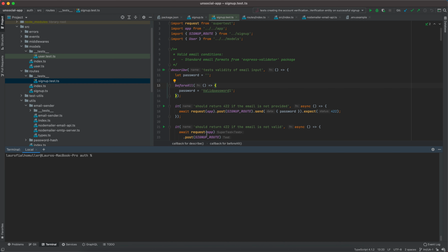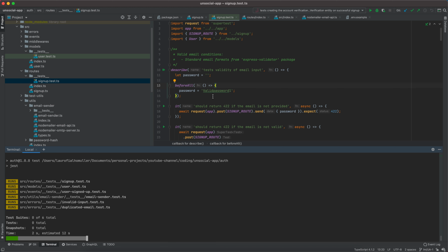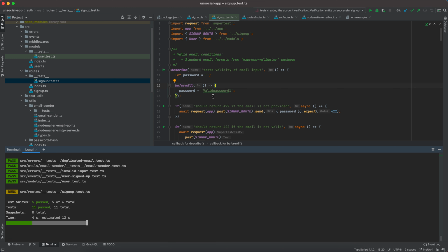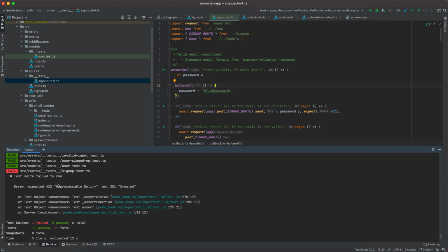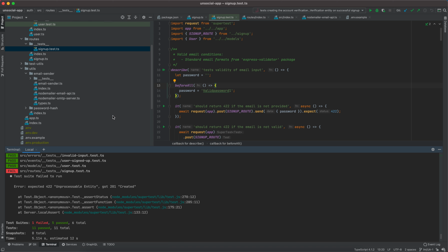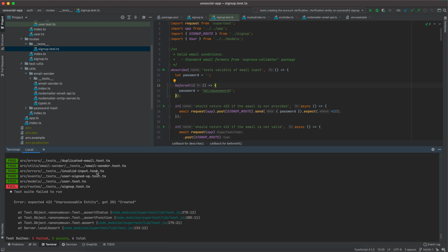So in the previous video, we have implemented sending emails via our local node mailer app, but we did not update our signup.test.ts. So now if I come back to my terminal and I run npm run test, that's going to fail. Exactly, so it fails and the whole test suite failed to run, right? Why is it so? Well, our tests for the email sender are passing, but our tests for the sign up